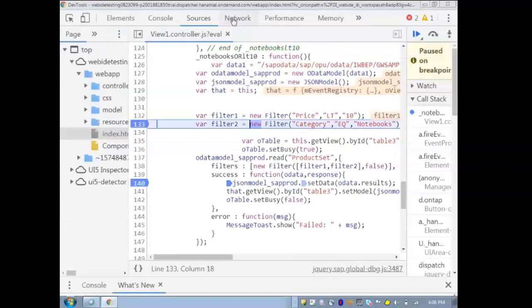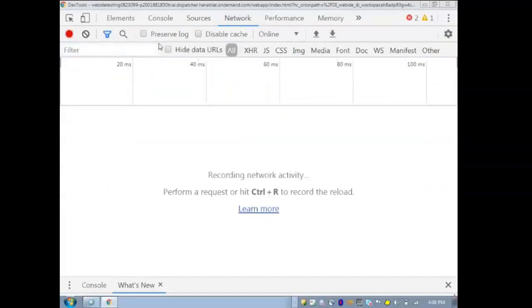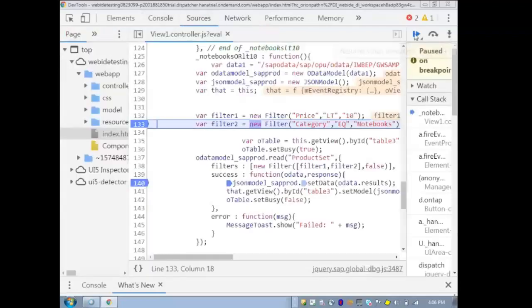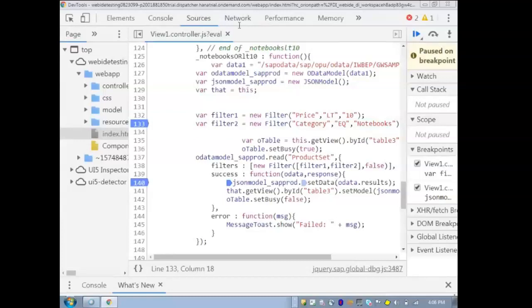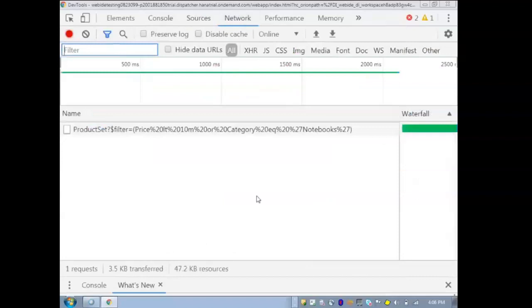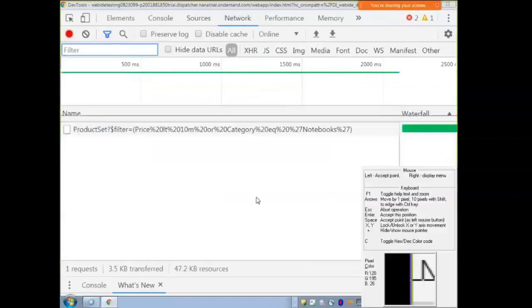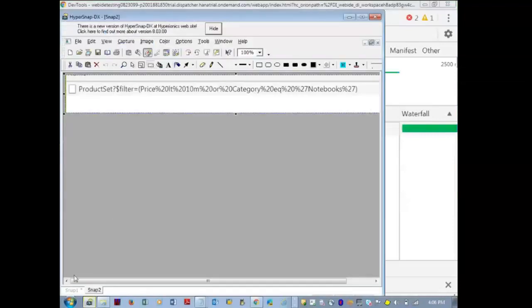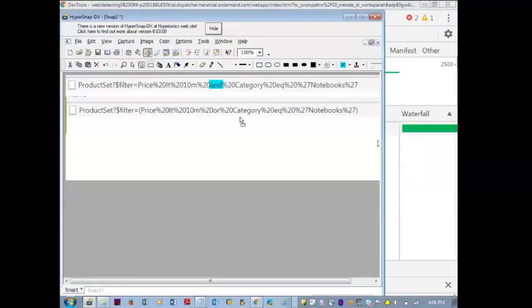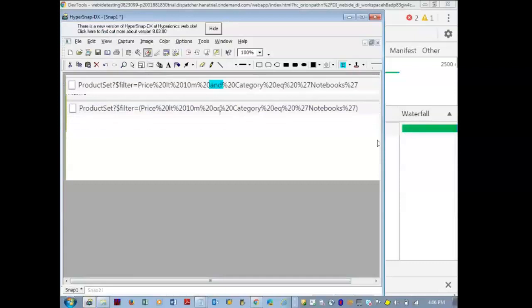Network, I'll refresh all this. You can see now, and compare with the previous one. Yes. Okay, so it is sending the OR condition.